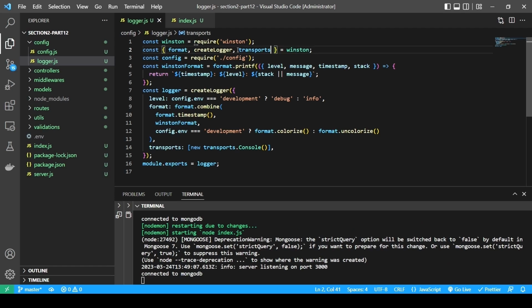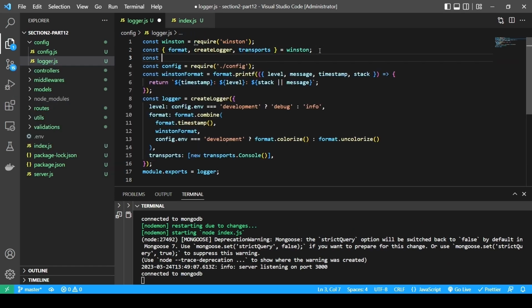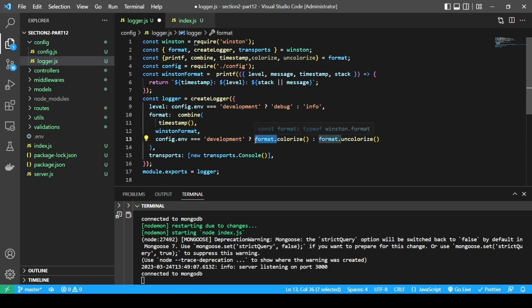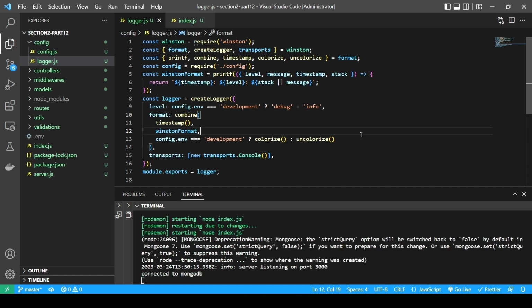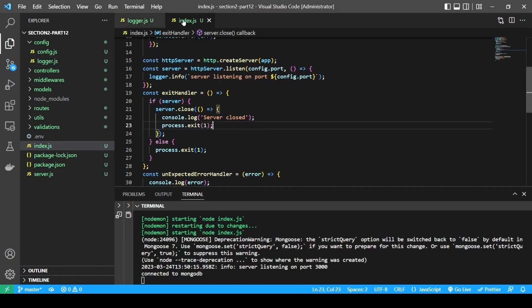Next up, let me import functions from the format object. The first one is the printf function, and the second one is the combine function. Next, let's add the timestamp function. Let me also add the two color functions. So here we don't need the format object. It looks better now, and the next thing to do is to find all console log statements and replace it